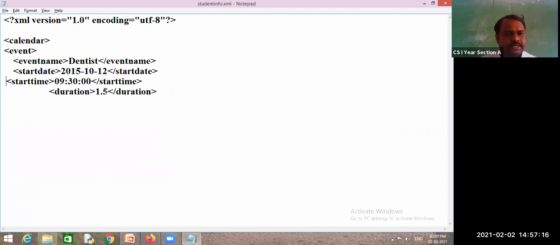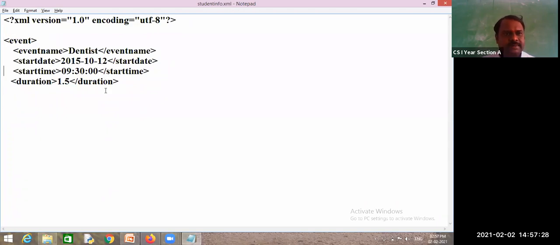Right, this is one thing. I will remove this calendar also. I will write the basic thing. Is it one XML document or not? Is it one simple XML document or not?